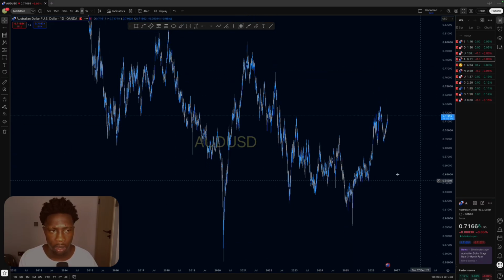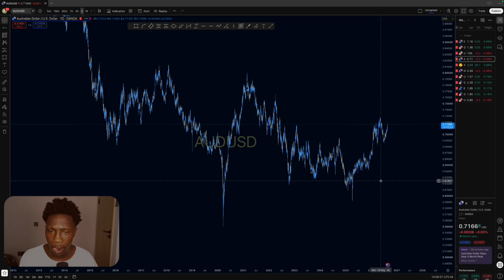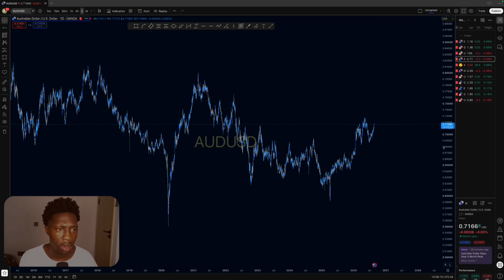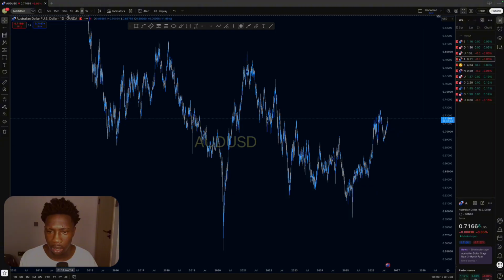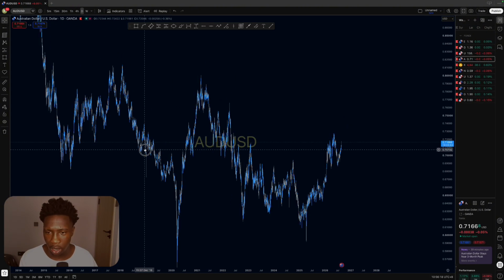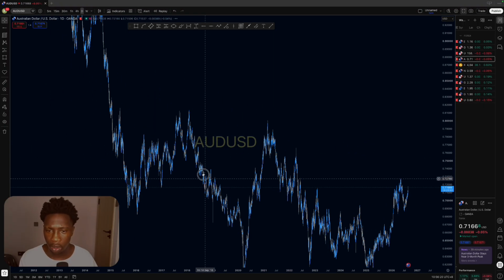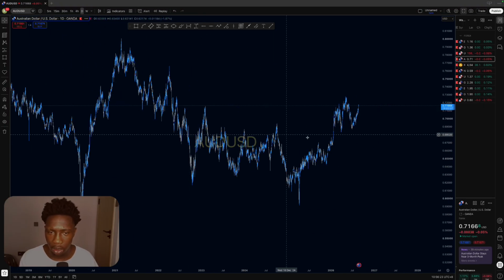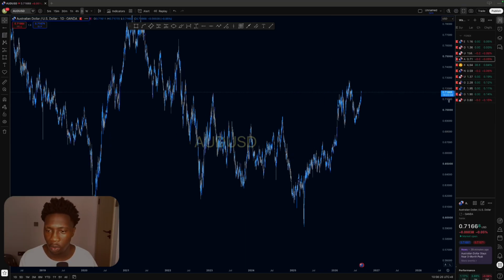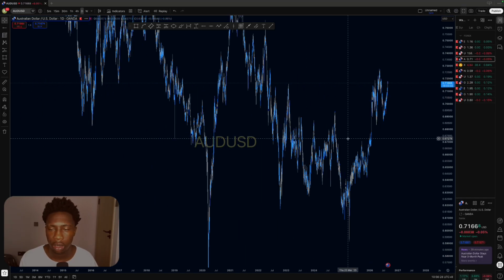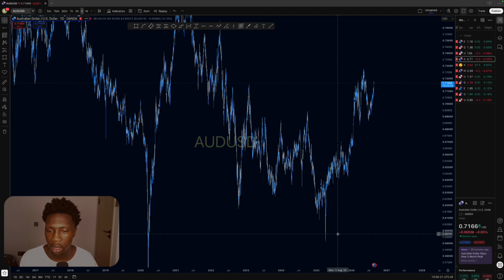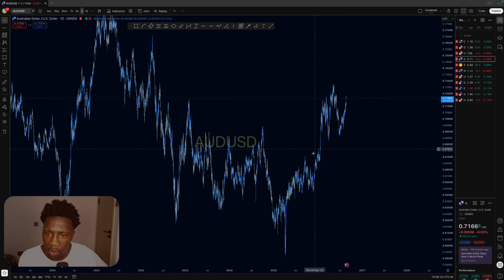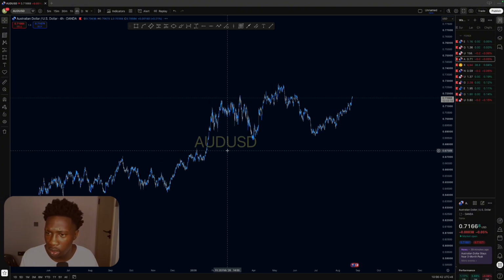Let's go to AUD USD. So this AUD USD needs to be right now. Let's focus on this one, because the chart is showing that it is moving to the upper side, creating this higher high, higher low, higher high, higher low, moving to the upper side. So we need to see